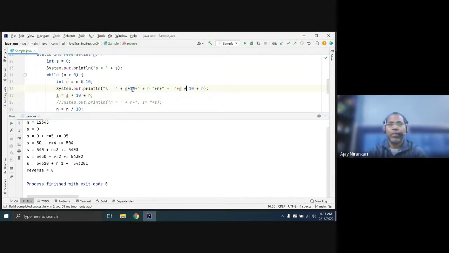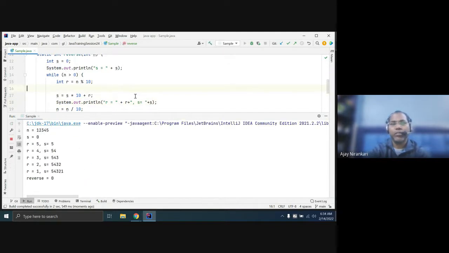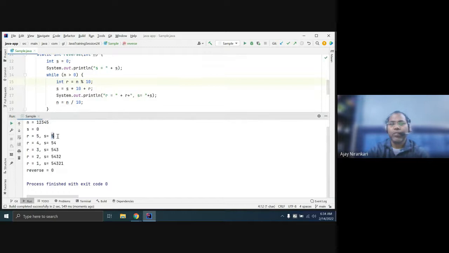Okay, double multiplication. This is also. So you are not right here. Just right here. Are you getting the sense what we are doing here? I am getting the number, just multiply by 10. You are multiplying by 10 and storing. Next time you are getting the number and plus. Multiplication 10 and plus.